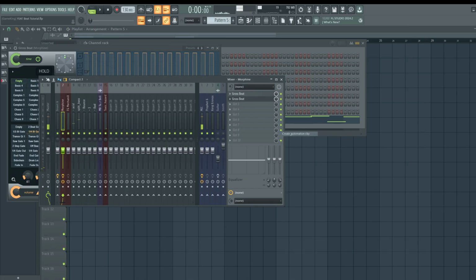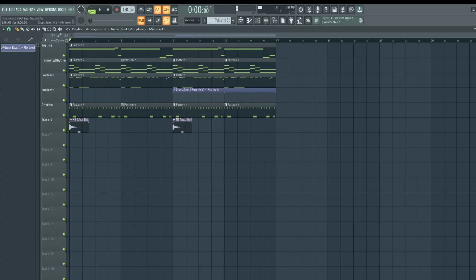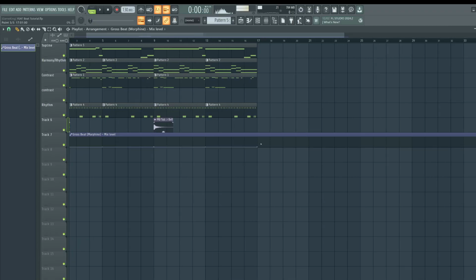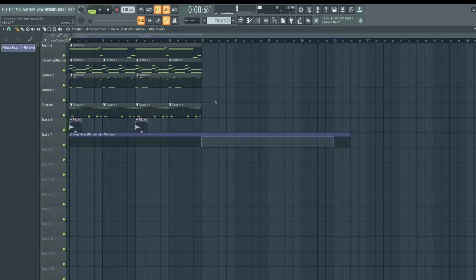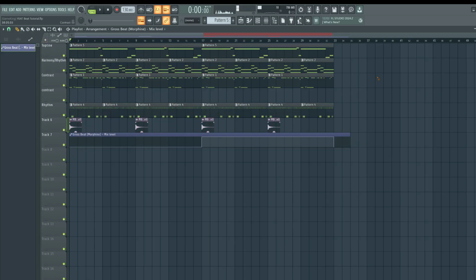Let's right click, create an automation clip on the mix level. Over time, we're going to turn this on. Let's turn it down to 0 in the beginning, and maybe at the end here or over here somewhere, we're going to right click, turn it on. 100% is on, 0% is off. Highlight all the notes, hit Control B to latch paste.